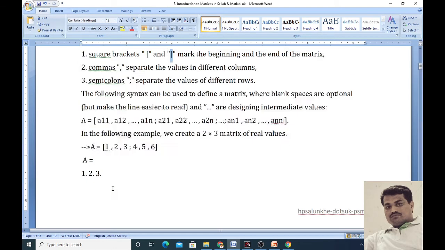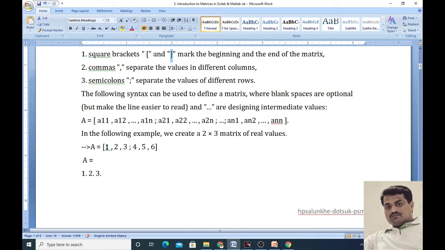Suppose we take this matrix A is equal to, defined in the square bracket. The first element is 1, second element is 2, third element is 3. This is the first row, and we separate the values of the first row by comma. Or alternatively, you can also keep a space. If you keep a space, we automatically separate the elements of the columns.